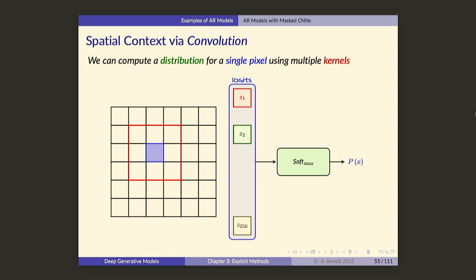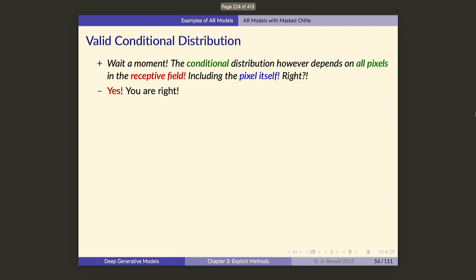So what you can do here, you can do again the same way, right? And the only thing you need is to have 256 different kernels. And then essentially, you're going to compute a distribution for every single pixel, right? So we are able to use the convolution to compute a distribution for every single pixel. That's good. But one thing that might come to your mind here is that